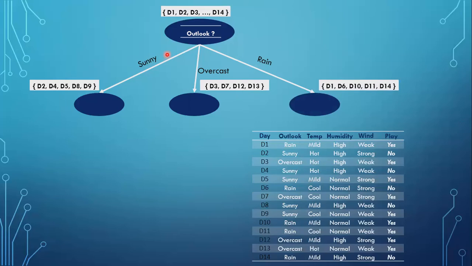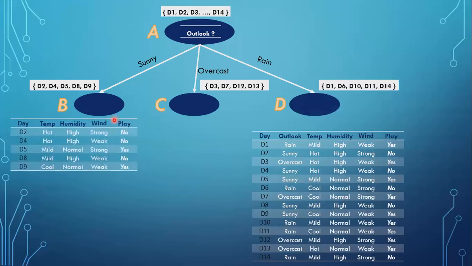Now first we will label these nodes as A, B, C, and D. Now we are done with the decision node A. Now we have to decide at B whether we have to grow our tree or stop. For that, we will see our data set and the label. If all the examples have the same class, we will stop. Here we see that we have labels of different classes, so we will be further dividing our data set.